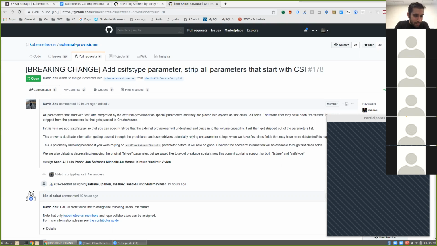Not necessarily yet, but potentially there could be with the FS type thing, because FS type is not prefixed. Exactly. If I already had my own key that conflicted with the CSI one, then there is a collision. So I feel that probably this change is not the right one. I feel that the right change is in the storage class, and the storage class needs to have a CSI section and a driver section, because if not, we're going to have collisions from now on.